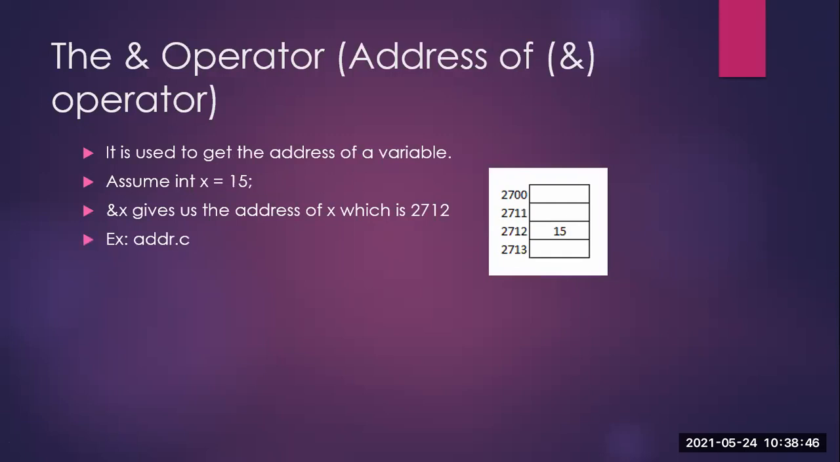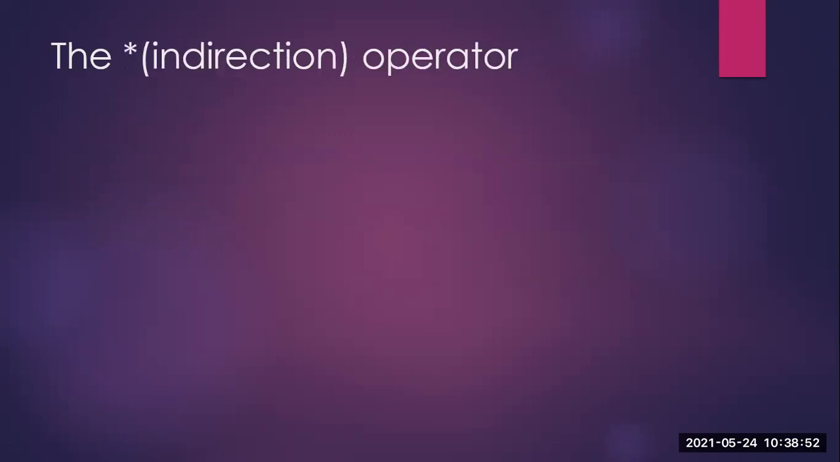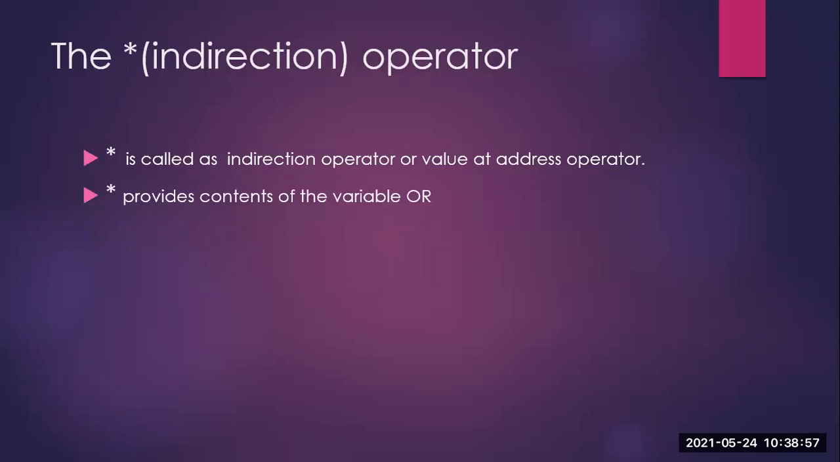So if you want to access the value 15, we are going to make use of this particular operator, that is asterisk. Okay. So this is called indirection or value at address. So what does it provide? It provides the contents of the variable. Like when I said x is equal to 15, what was the content of the variable x? It was the value 15. Or you can also say the value which is present at a particular address. So we are just trying to access the values of those variables, which are